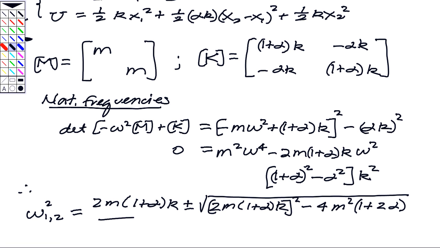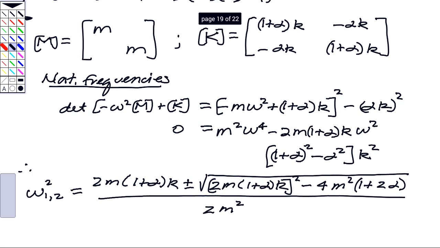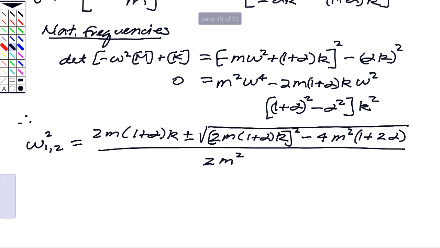And the denominator there is 2m squared. Okay, so what do I get when I do that? It ends up being a fairly simple expression. No approximations here. This is 1 plus alpha plus or minus alpha